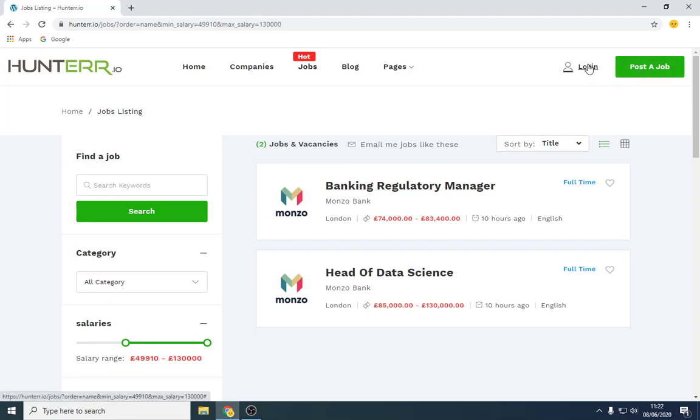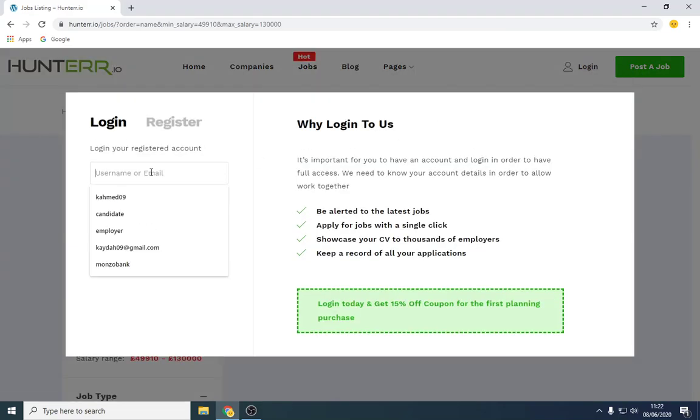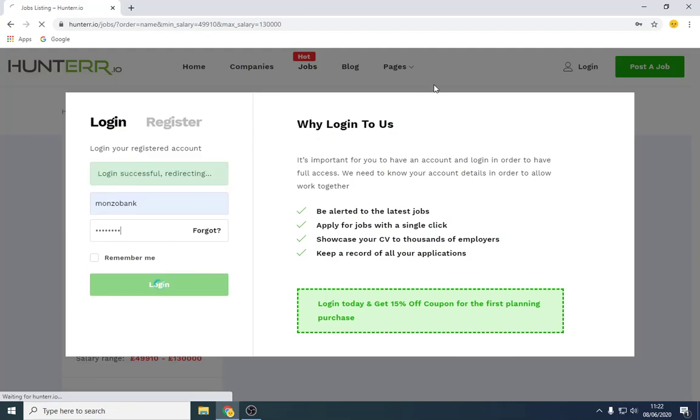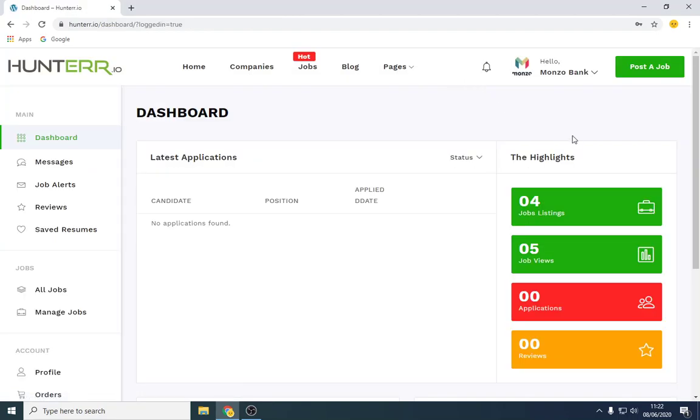So you can obviously post a job. I'll show you how easy that is. So I'll use just a sort of demo account that I'm using just to demonstrate that now. And we can obviously just log in very easily. And yeah, so we've got the sort of job listings, how many views the jobs had.